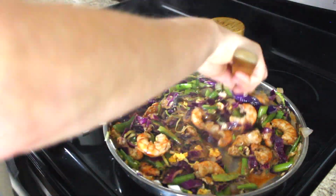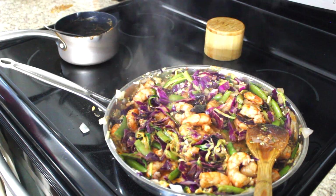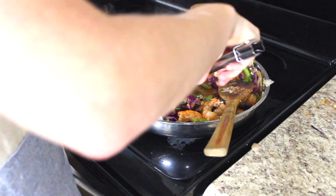And that is it. Just garnish with your chopped cilantro, your green onions, a little lime, and some sesame seeds,